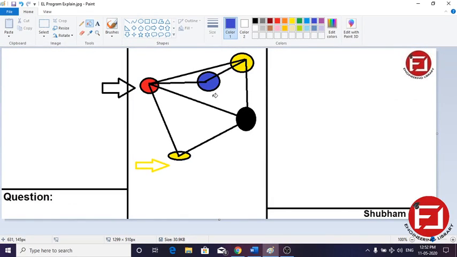If I had given this red, then it would go into an infinite loop. Again this would check the adjacency, this is red, it would change the color of this, then again this, and this would come into an infinite loop, so we have to deal with this also. That's why I initially colored with red, and then I showed with blue. So a similar concept we have to use.